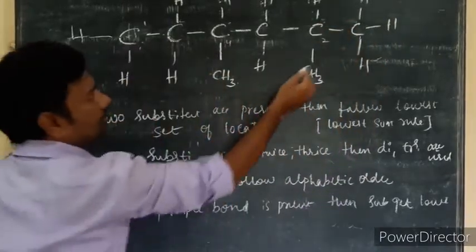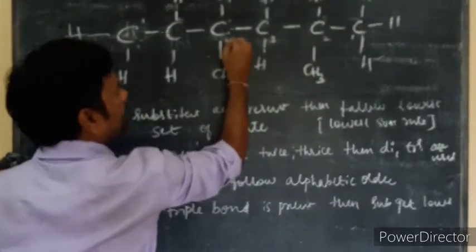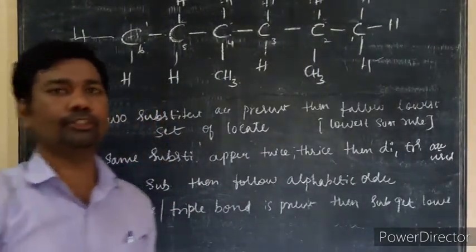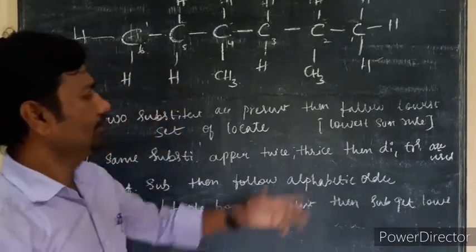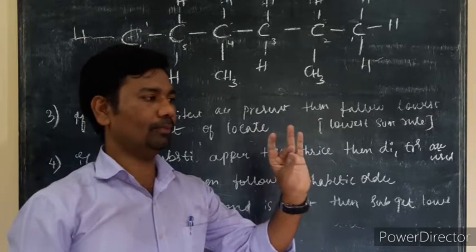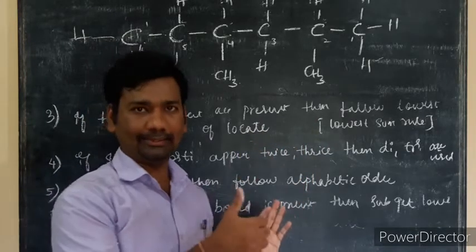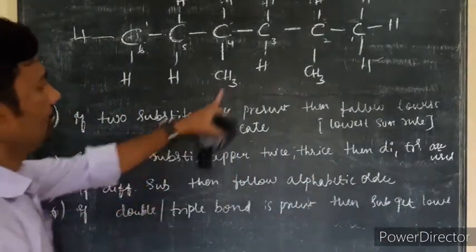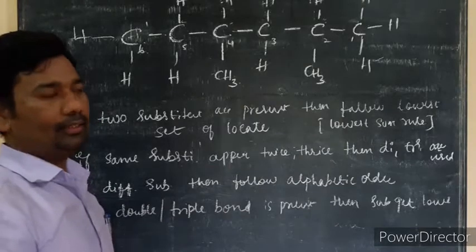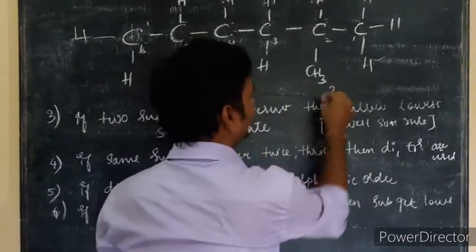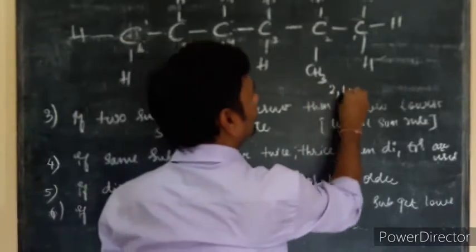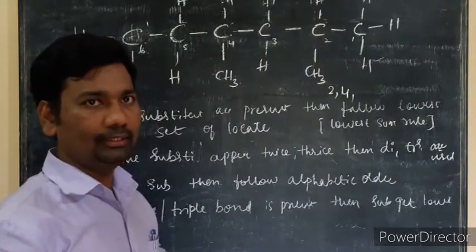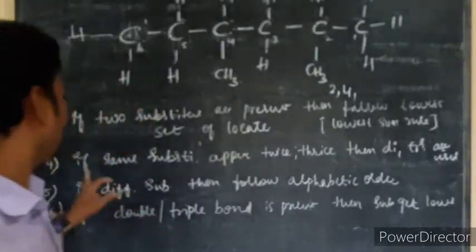So now, if you follow this rule, I will name the carbon compound like this. This is 1 2 3 4 5 6. 6 indicates how many carbons? 6 carbon compound. So meth, eth, prop, but, pent, then hex. Then the prefix: total 2 substituents are there, CH3 and CH3. One is at 2, comma, and one more is at 4, so 2,4, and both CH3 are the same substituent. So the same substituent is added, so check the next rule.